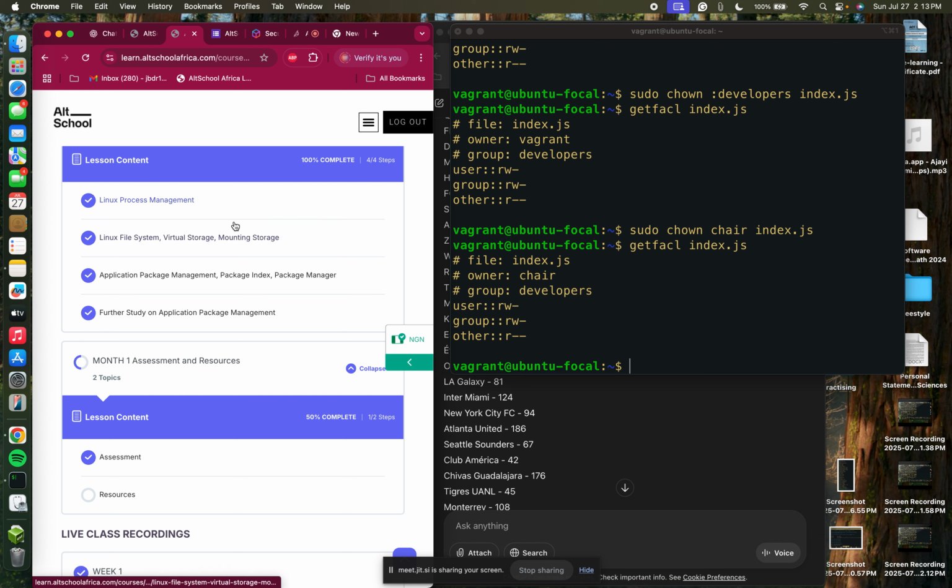This process management, file system, virtual storage. The one I'm more interested in is this application package management. It's quite clumsy, but there is a way I'll break it down. Process management, we all know. One thing I found out in this cloud engineering so far is it's just big grammar. It's nothing. So far so good though. Tomorrow I can change my word though. But for now, process management is just for you to